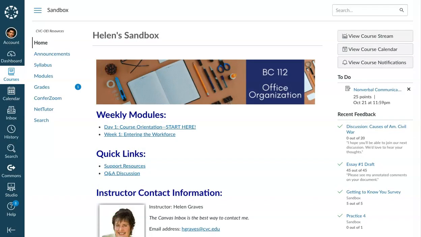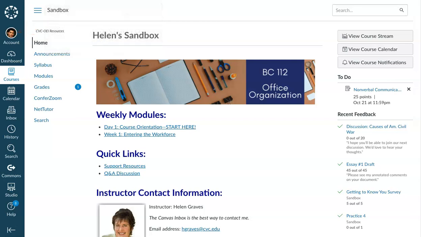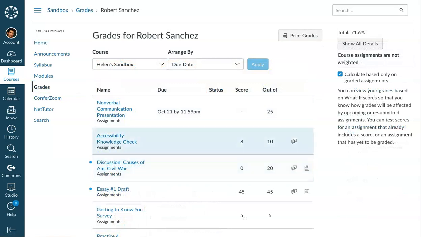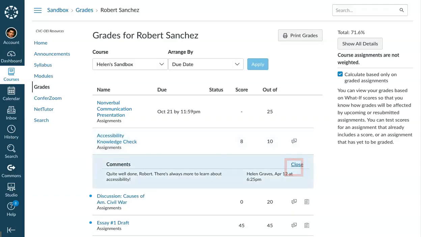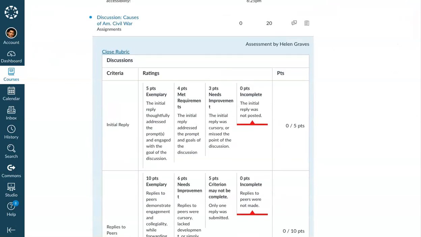Let's take a look at what students see in the gradebook. So right when they log in to Canvas, they're going to see that they have a new grade alert in the course navigation. When they click into the grades area, they're going to see a list of the assignments and the score they've received. The little speech bubble lets them see whatever comments you put in the comments field. That's the one that you put in the general comments field. In order to see the rubric items, they would then click this little, what looks like a clipboard icon, and that way they'll see the grading rubric.